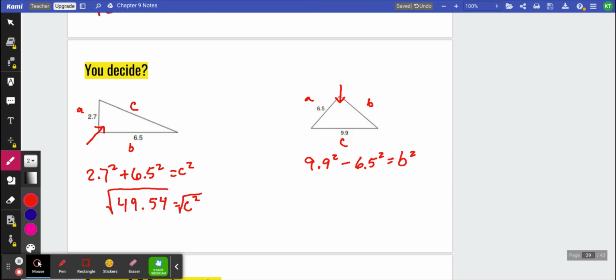So if I square root that, I know it's going to be really close to 7, right? And it's 7.03, but to know that it's not exactly 7, we would write our answer as 7.0 because we rounded that to the nearest tenth, right? It's not just 7 even, it's 7.0384, blah, blah, blah, but we rounded it to the nearest tenth, which is 7.0. In our second one, if we did 9.9 squared minus 6.5 squared, we should get